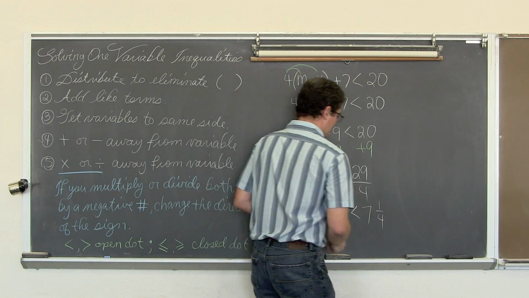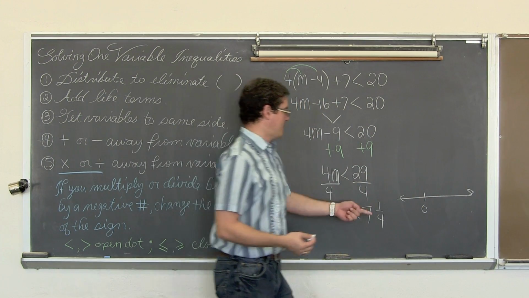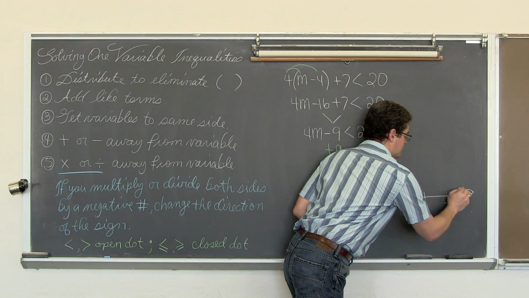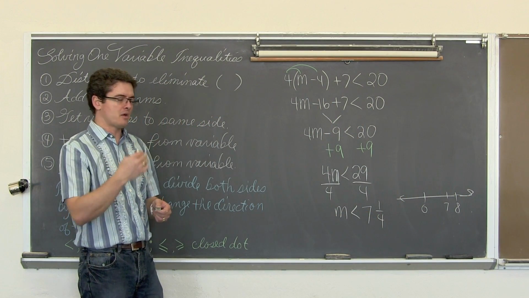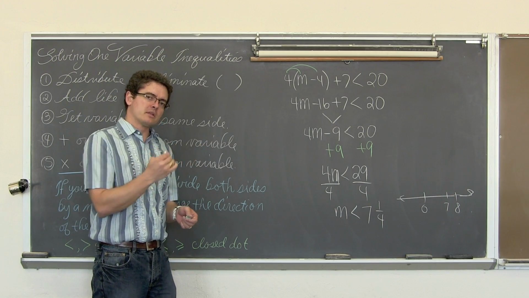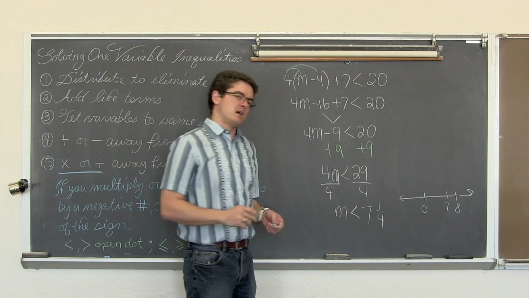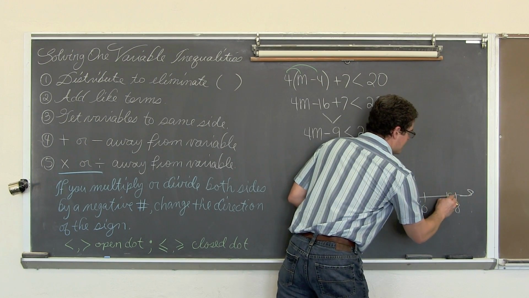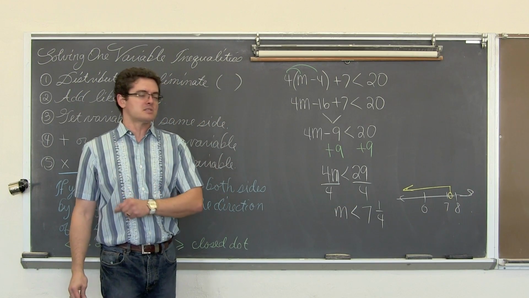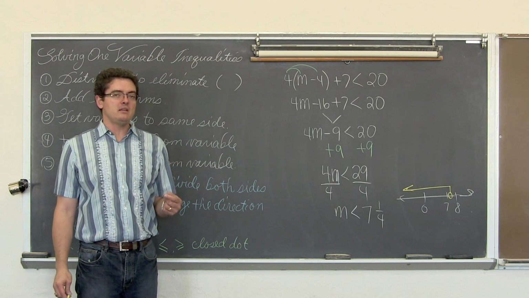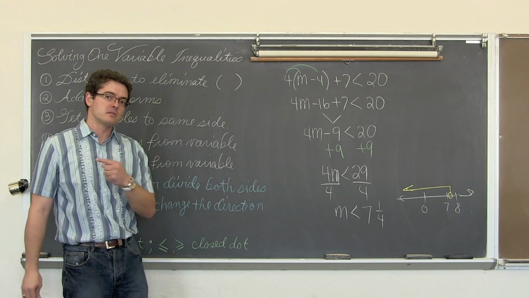And to graph this on the number line, we have 0, we've got, let's say, 7 and 8. Kind of being lazy about my labeling of the number line there, not doing all the tick numbers. But 7 1/4 is a little bigger than 7 and not quite 8. I also do not have an equal sign, so I'm going to do an open dot just past the 7 and shade to the left because it is m is less than 7 1/4. I want to shade the number line representing all of the values that are smaller than 7 1/4, and those are all to the left.